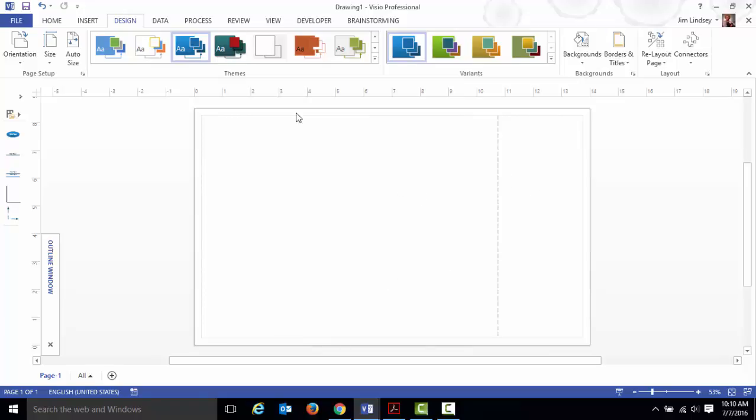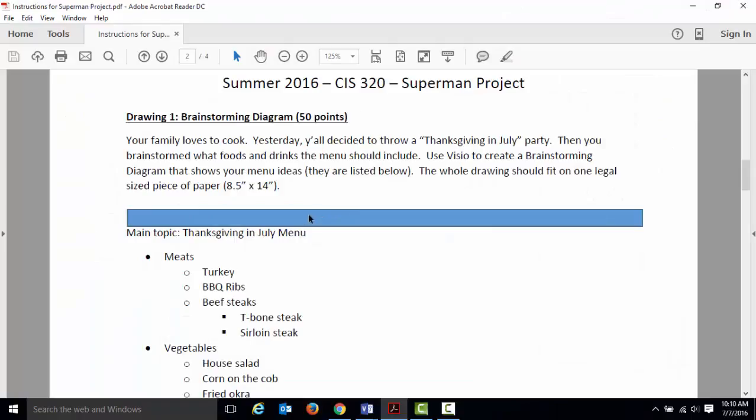But now I have this canvas of basically 8.5 by 14 inches, and I can put my drawing on here. So as you create your brainstorming diagram, make that the size of the diagram. How do you make a brainstorming diagram? Well, you learned how to do that back in the